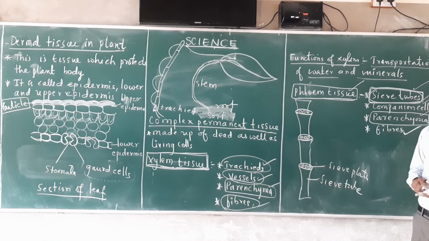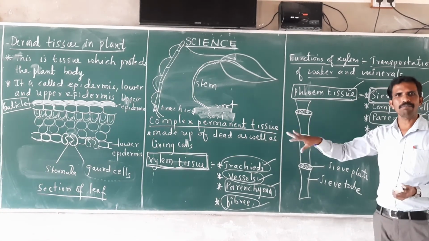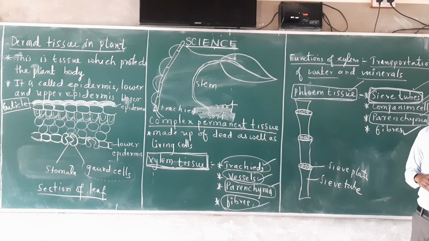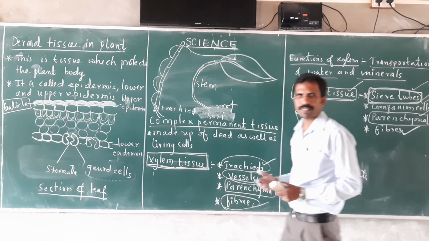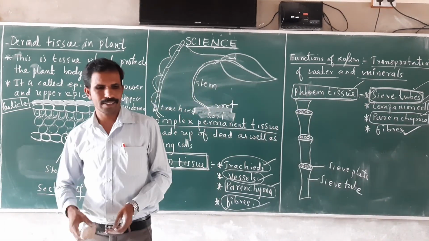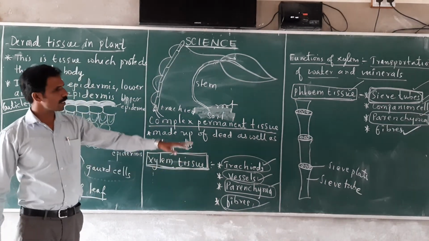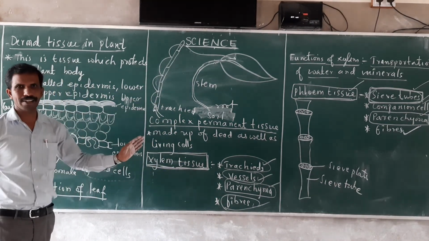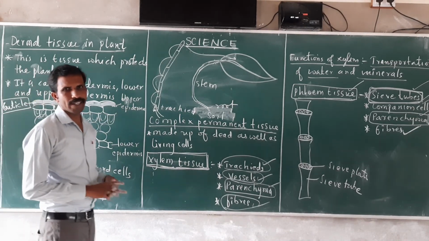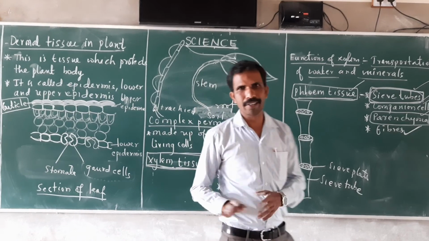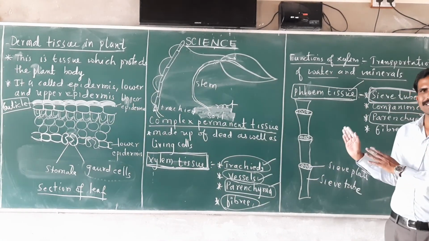In the next 10th standard you are going to study how actually the xylem carries the water to the plant body and how actually phloem carries the food to the different parts of the plant body. In the next 10th standard life process chapter we are going to study that. This is about just the structure or characteristics of this tissue. So I hope you have understood this part of the lesson, plant tissue. The plant tissue is completed now.